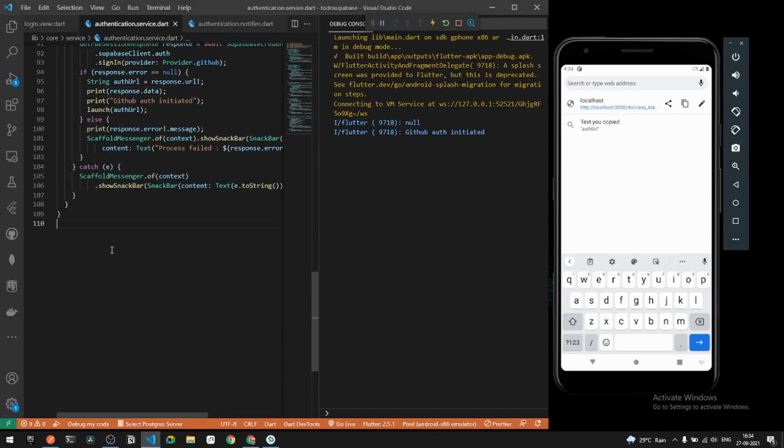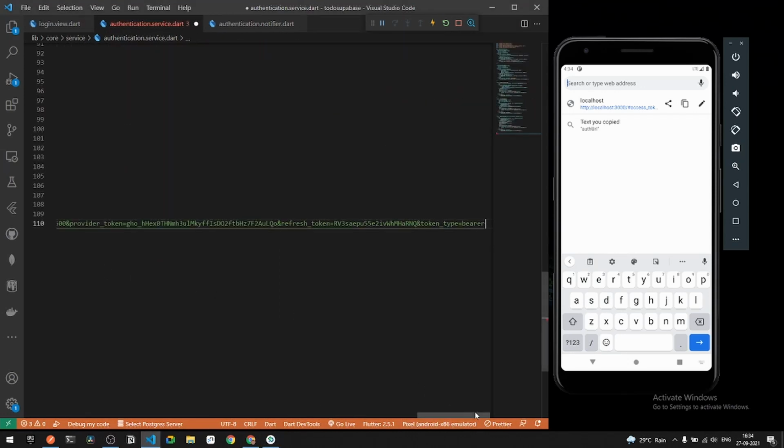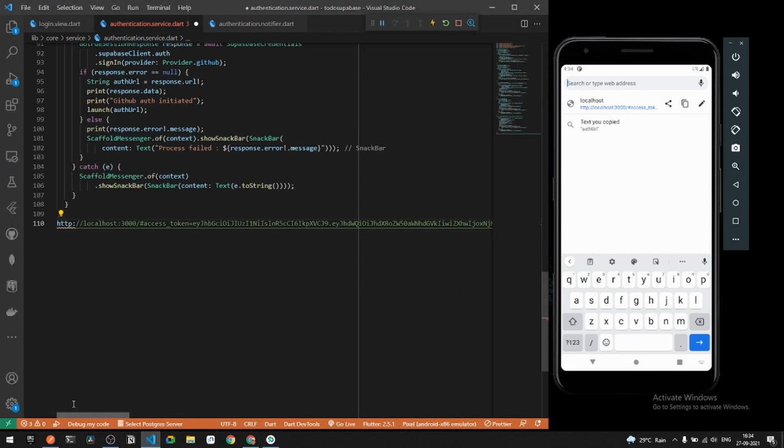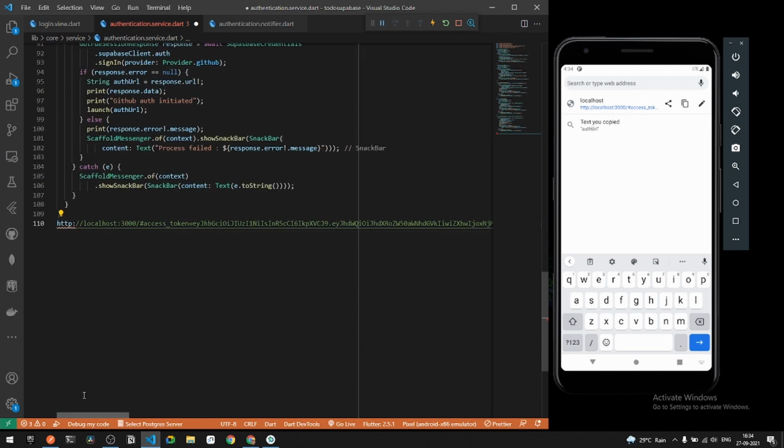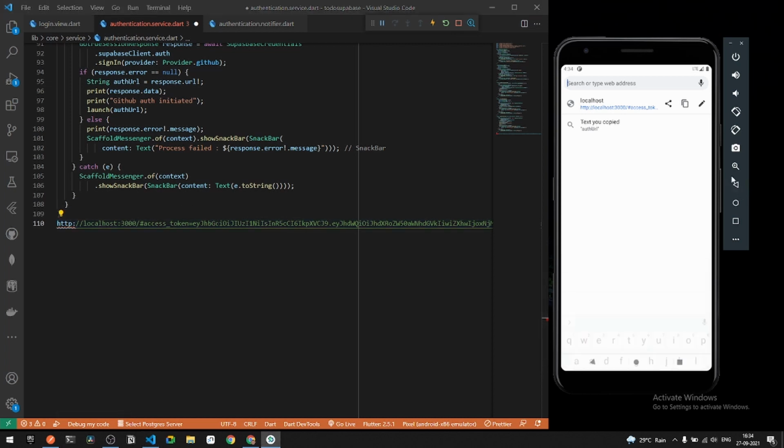Now let me show to you everything. I can simply paste everything here, and you can see under my following URL, you will be getting localhost 3000, and the following tag, that is the parameter of access token, with some token, and also you will be getting a refresh token. Right, so you will be getting a provider token, refresh token, expires in, and etc. So you will be getting all of these from the authentication process, but this will be rendered over to your production URL. So we don't require this for now. We can simply go back.